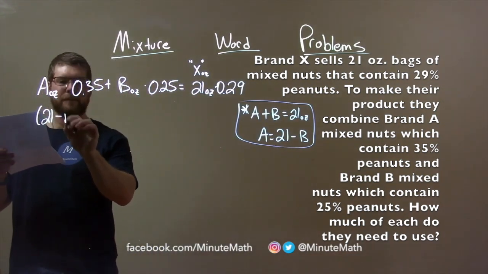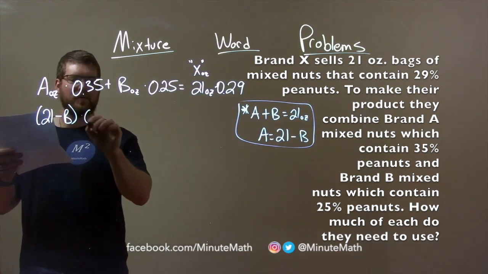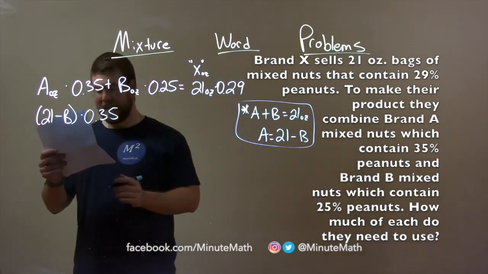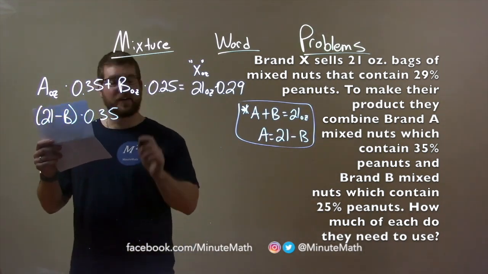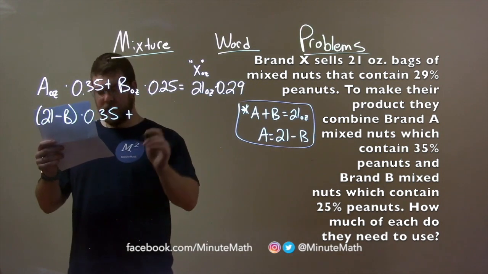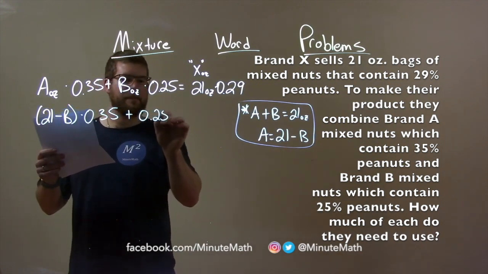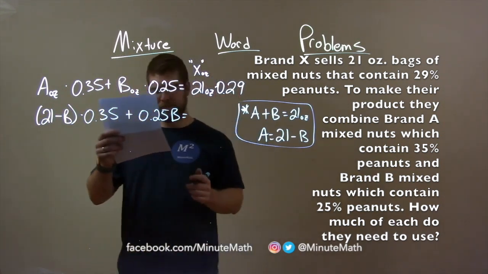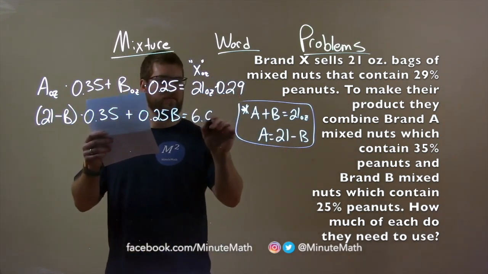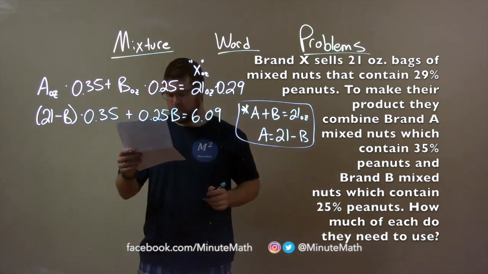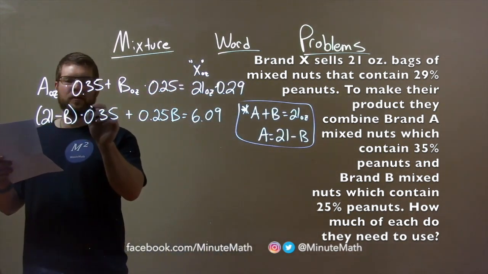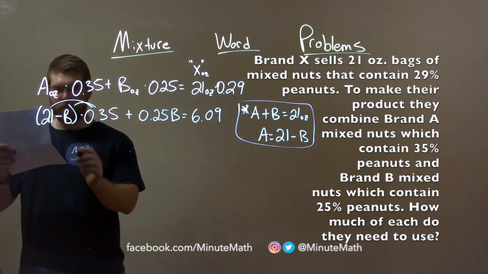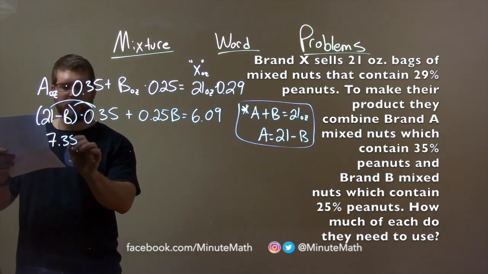21 minus B times 0.35. Now, this is the substitution method for solving a system of equations. Fun fact. Plus 0.25B, rearranging that. And that's equal to 21 ounces times 0.29, and that's 6.09. Keep going. We distribute here 0.35 to both parts. Well, 0.35 times 21 is 7.35 minus